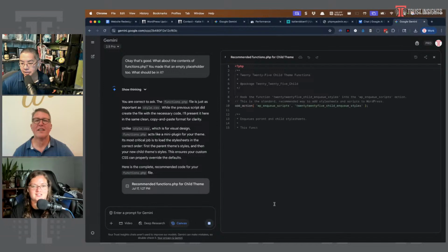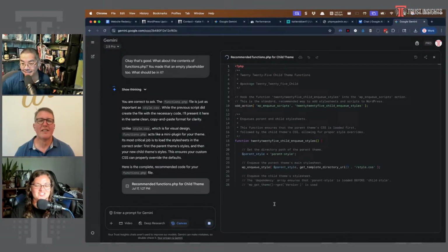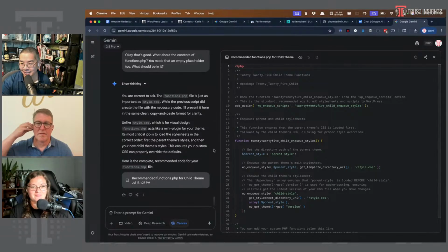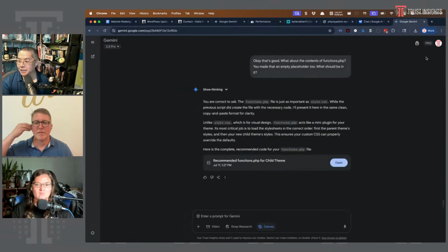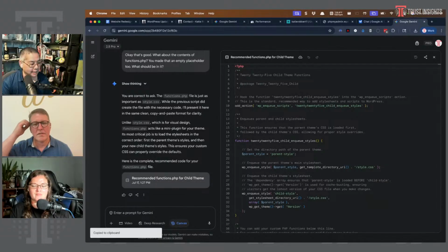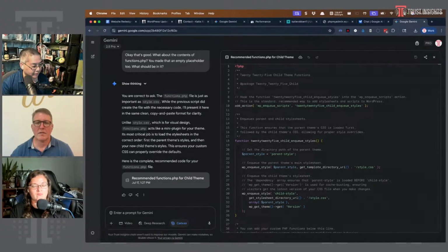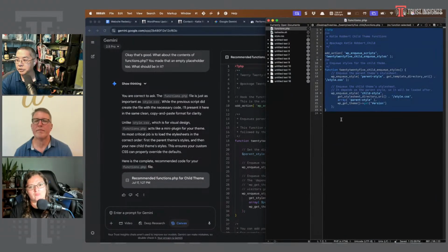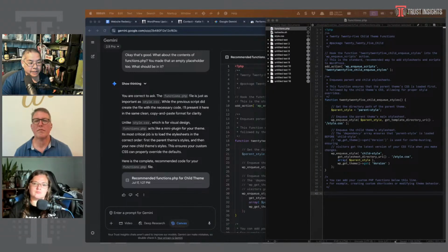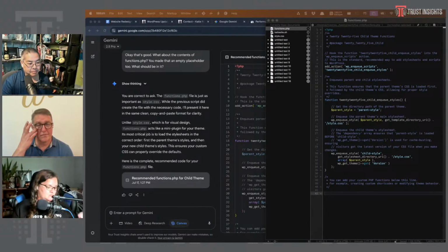Functions is actually a mini plugin. It's just like, you are correct to ask. Of course I am. Do the actual work that I asked you to do. Whoops. Open that up. Copy the contents. Let's go into the functions file now and actually paste this in so that it works. Okay. Now, if we did this right, which is a big if,